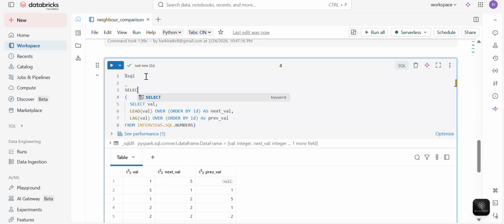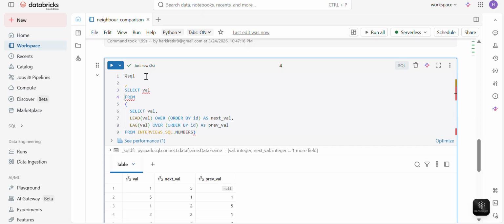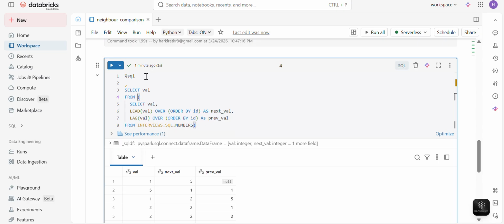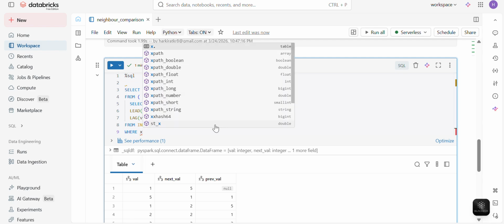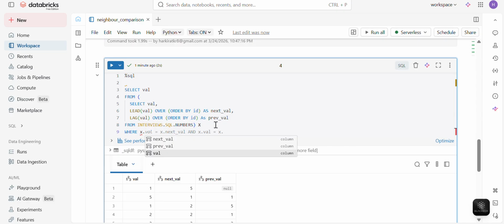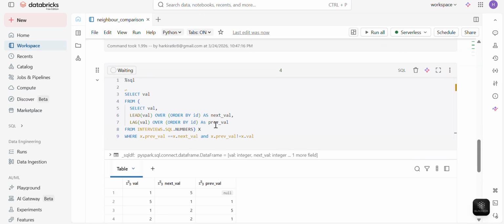Let's do select all, select values from this query where x dot previous value is equal to x dot next value, and x dot previous value is not equal to x dot value. As long as these conditions are satisfied,